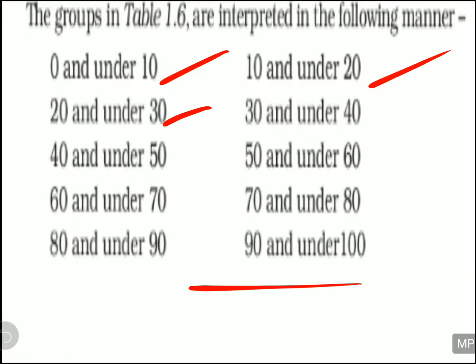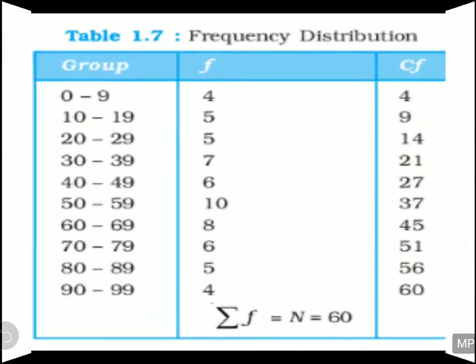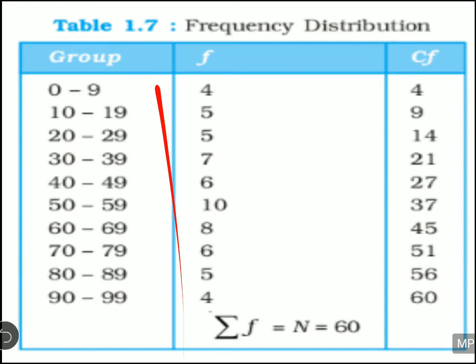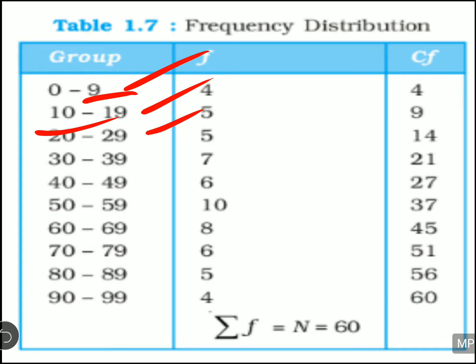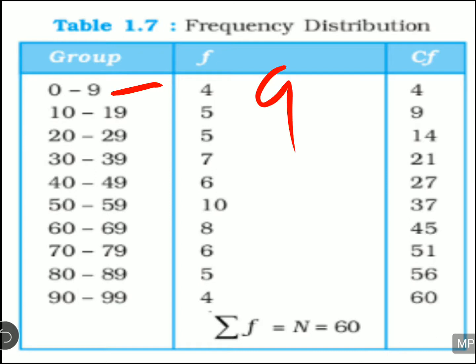Alright, now we will discuss the inclusive class. In the inclusive class, the example is given here. You can see the classes are 0 to 9, 10 to 19, 20 to 29. So what is happening? The upper limit of one class is not forming the lower limit of another class. In this way the classes are written, so here the number 9 will be included in this class only, because the next class starts with 10. So here the upper limit is included in the same class. This way you can show the data either in an exclusive method way or in an inclusive method way.